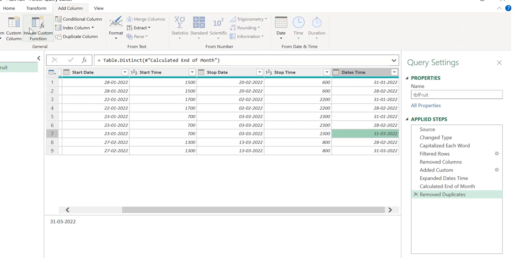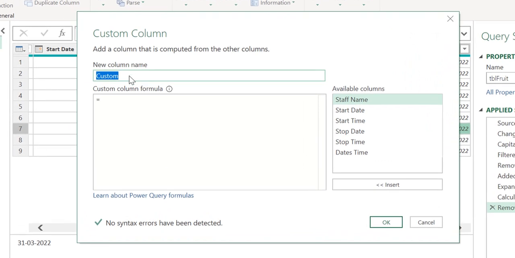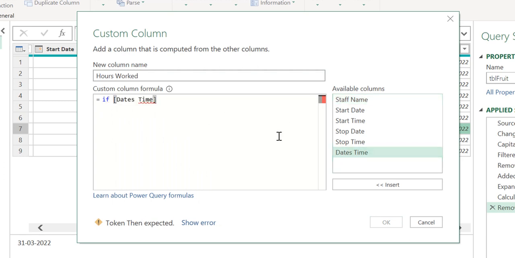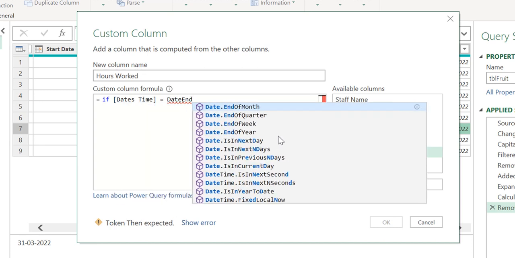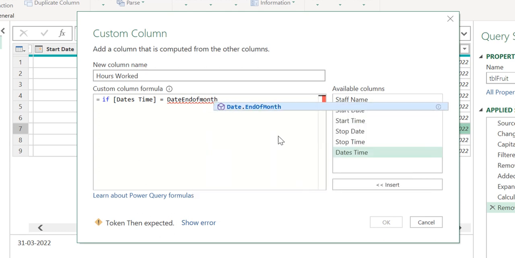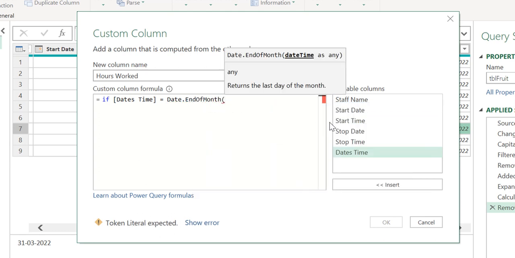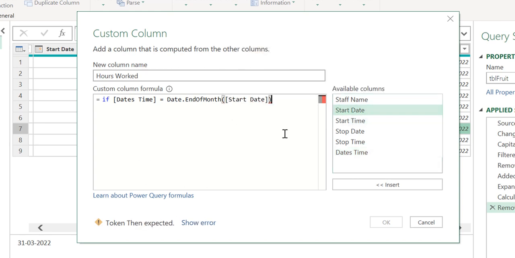So we will go to add column, and we will click on custom column, and let's name this new column as hours worked. So hours worked, and let's start writing our conditions. So if this dates time value is equal to date dot end of month, right, and we have to find out end of month of start date. If this is equal to end of month of start date,